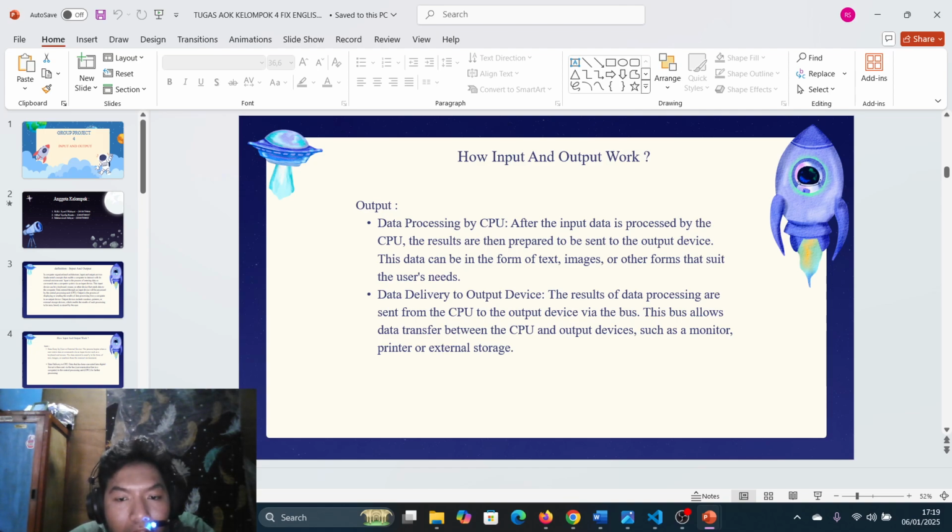Data delivery to output device. The results of data processing are sent from the CPU to the output device via the bus. This bus allows data transfer between the CPU and output device, such as a monitor, printer, or external storage.